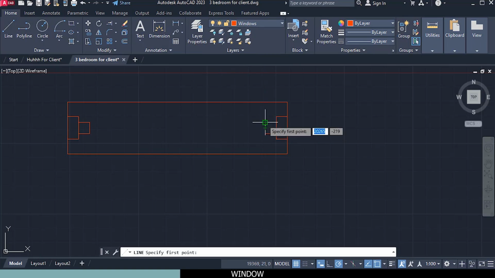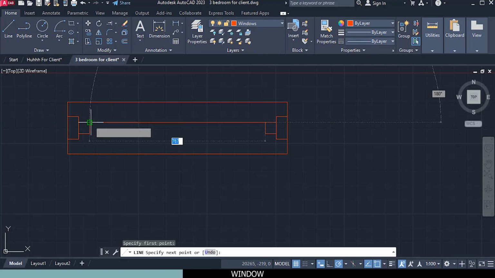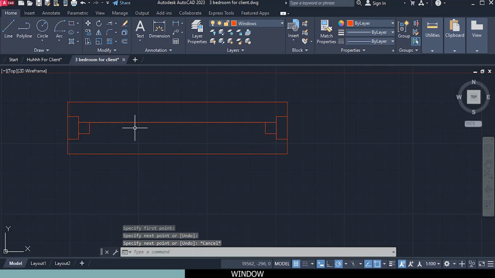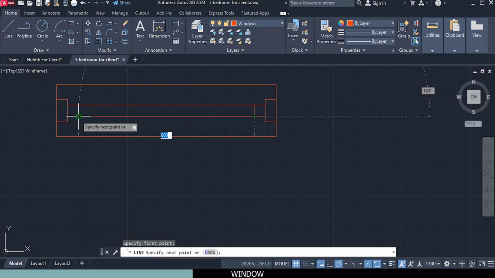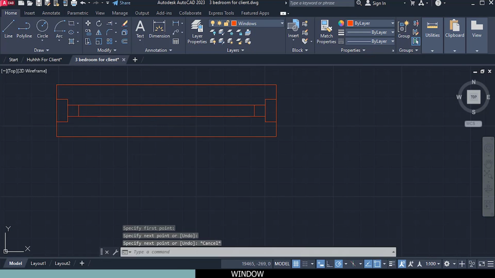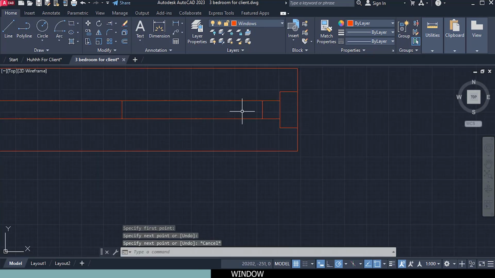So come this way, select line, come this way, click once, press escape to end that. Select our line again, click once, come this way, click again, press escape to end it. I want to divide this line, so click our line, snap to that midpoint, click once, come down, click again, press escape on your keyboard and select this frame of the panel,